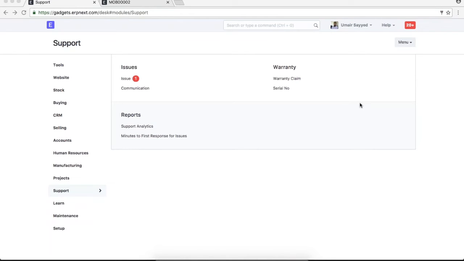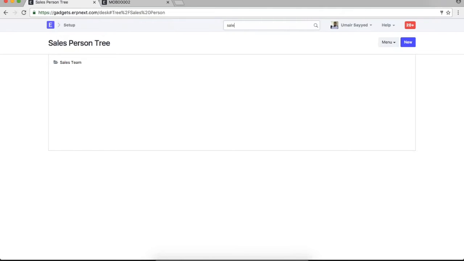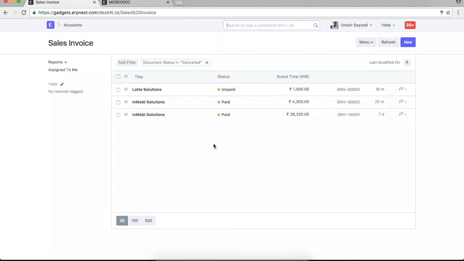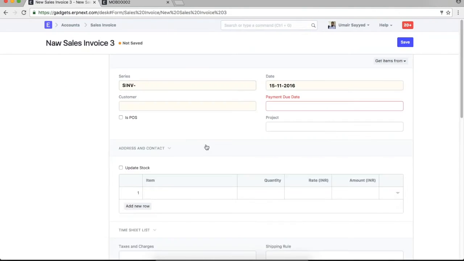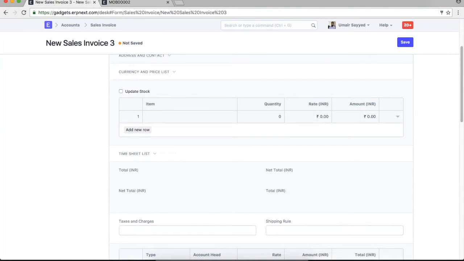Okay, so how can we create cash invoices and credit invoices separately? Cash invoice is like an instant purchase, or you can also consider it to be a point of sale transaction. If you don't want to track outstanding and so on, you can right away make a sales invoice for which payment will be made right then. If you check this field, is POS, and then you select, you'll be able to enter payment detail